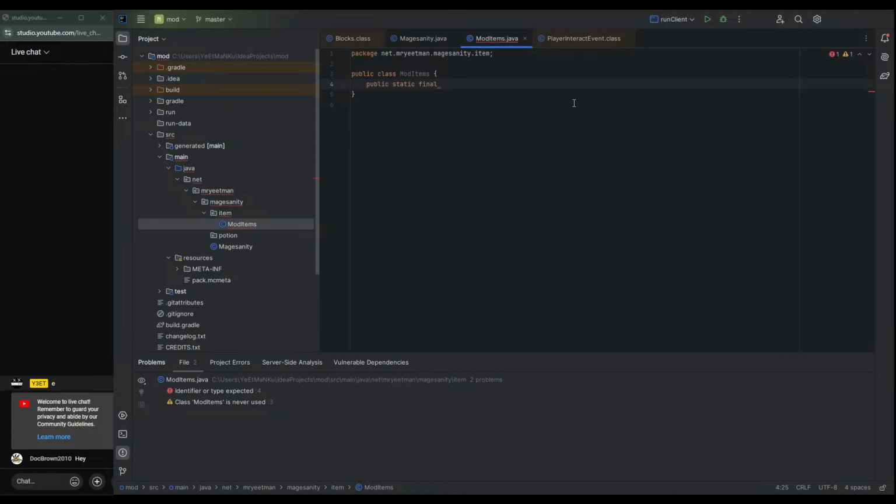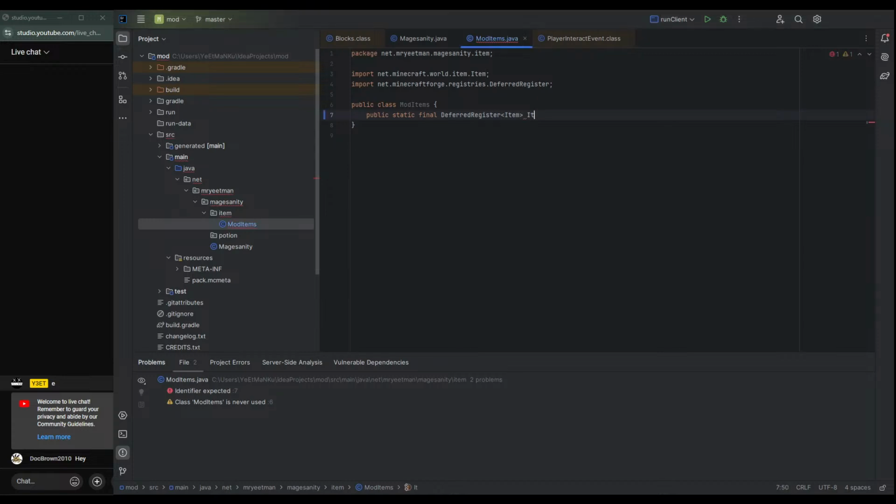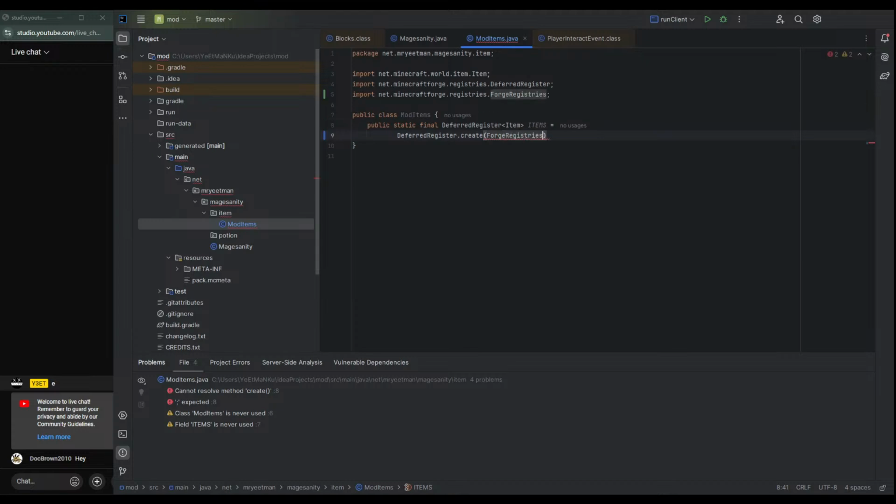Public static final. Item. Equal to bird register dot create, or registries dot